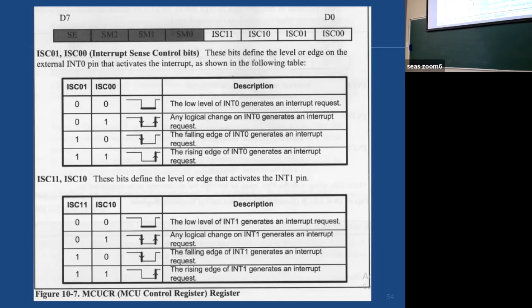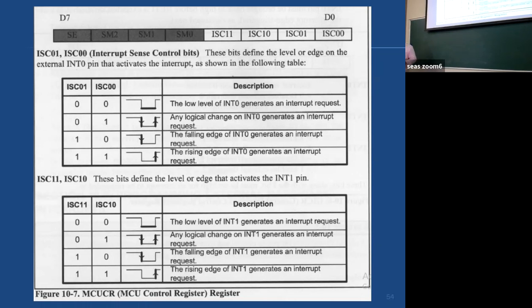If you put 0, 1, any logical change on INT0, that is transition from high to low or from low to high, will generate the interrupt. 1, 0, that is transition from high to low. 1, 1, transition from low to high. 4 possible ways we can activate external hardware interrupt for interrupt 0 and 1.